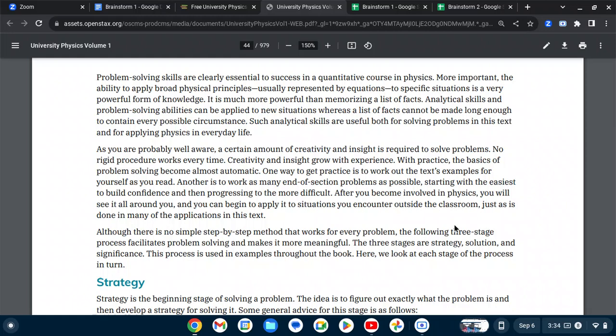With practice, the basics of problem solving become almost automatic. One way to get practice is to work out the text examples for yourself as you read. Another is to work as many end-of-section problems as possible, starting with the easiest to build confidence and then progressing to the more difficult. After you become involved in physics, you will see it all around you, and you can begin to apply it to situations you encounter outside the classroom, just as is done in many of the applications in this text. Although there is no simple step-by-step method that works for every problem, the following 3-stage process facilitates problem solving